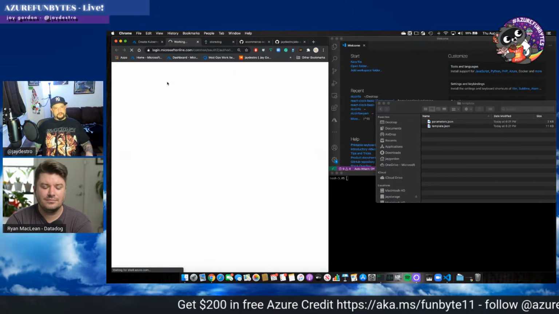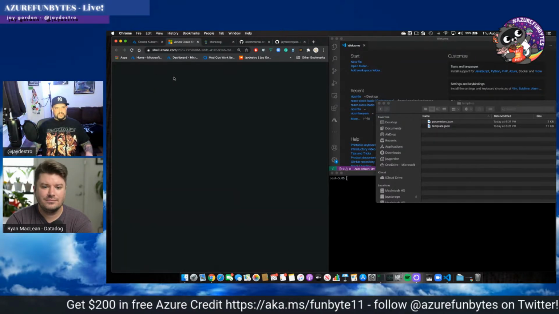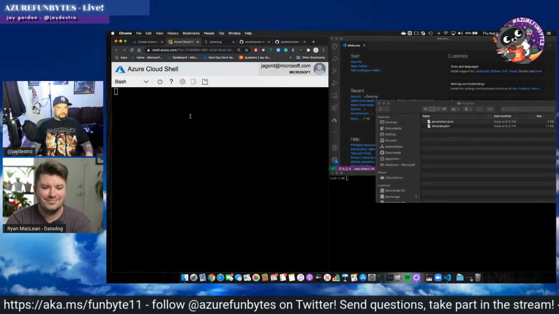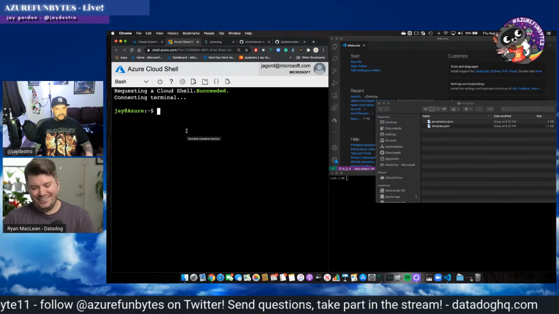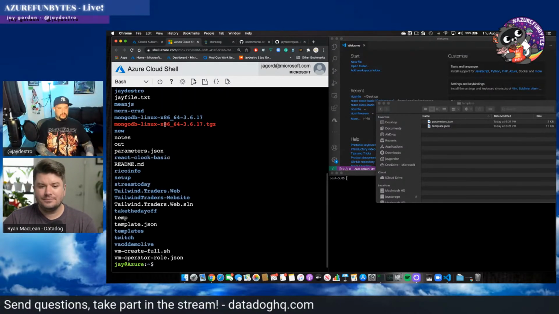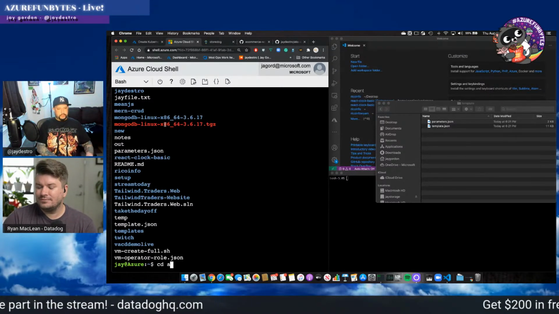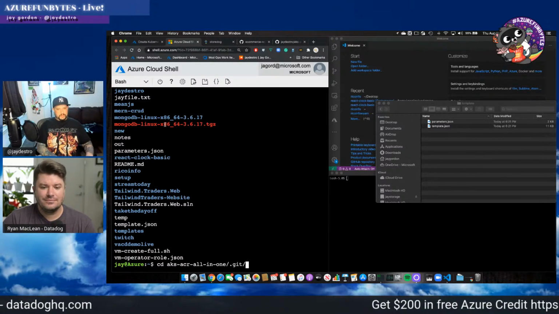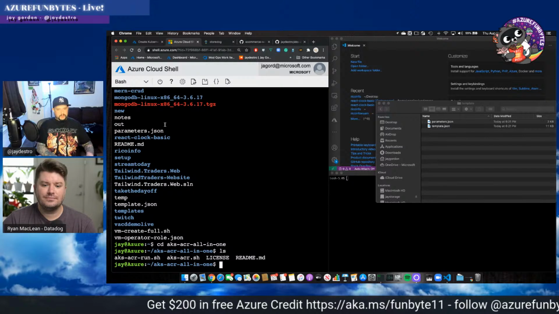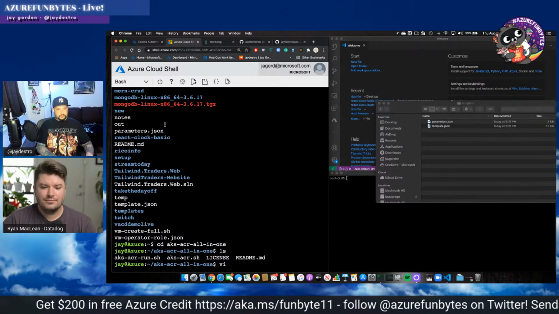And what's great about Cloud Shell is it's super extensible. Ryan, I know you are going to show us some really cool things that you do with it. I haven't really customized my Cloud Shell that much, but anyway, I'm going to show you the script. I just cloned it into my Cloud Shell so that I don't have to worry about authentication things. And if you look at the script,